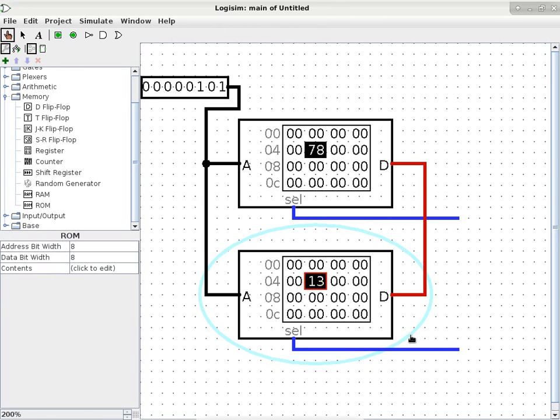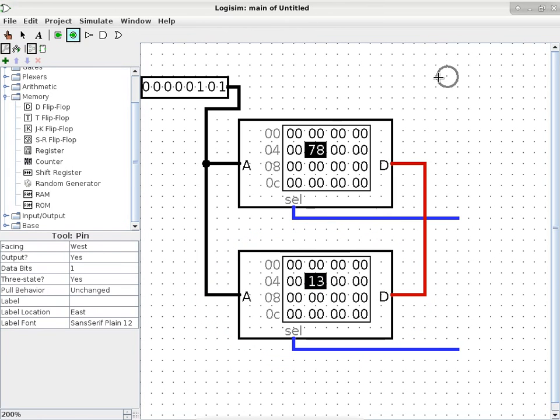Okay, so let's go ahead and see what is on this bus. How is it represented as an output pin? So we'll go pick out an output pin. Okay, we'll stash it here. We'll probably have to reposition it a little bit later on, and hook it up to the bus. It's kind of like a probe. For those of you who have taken classes in electronics, you know what a voltmeter is. So this is kind of like a super fancy voltmeter that can measure the voltage on multiple wires at the same time.